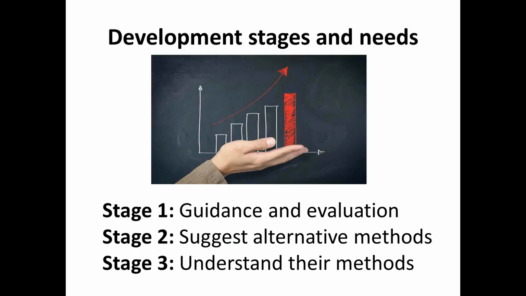Now, as Ian said, we do have different kinds of observations, and feedback changes according to the kind of observation you're doing. You have to tailor your feedback according to the level of teacher you're observing. So, for instance, a stage one teacher who is quite new does look to you as an authority on the subject, and they do need more evaluation and guidance to set them on the right track. They do actually look to you for active input and suggestions and guidance.